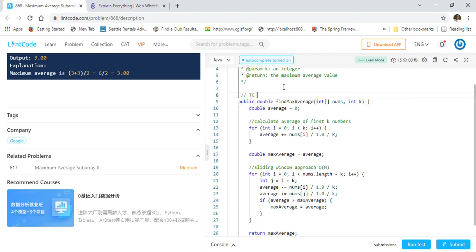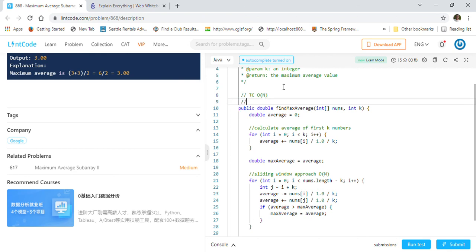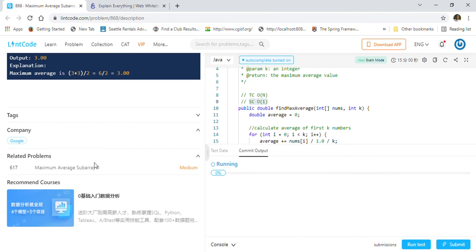Time complexity is order of n, and space complexity is order of 1, because we are just using a couple of constants, no external data structures like linked list or hash map. That's why the space complexity is order of 1. We already submitted the solution and it got accepted.